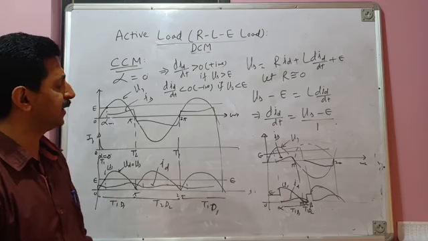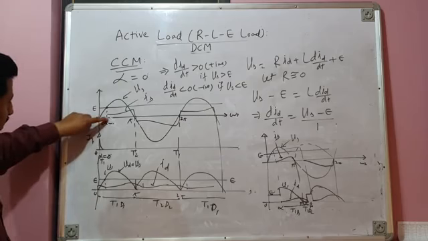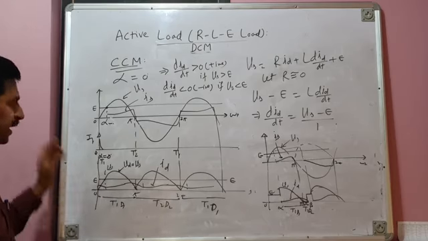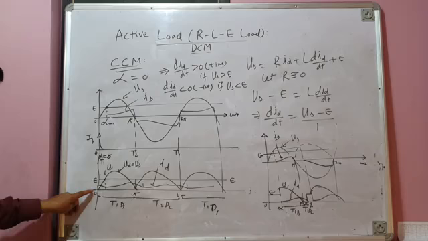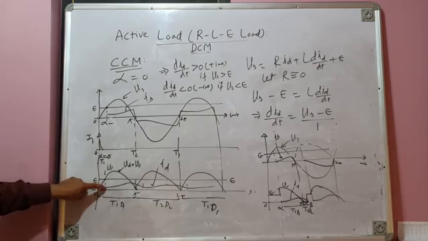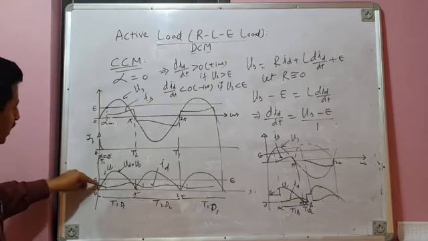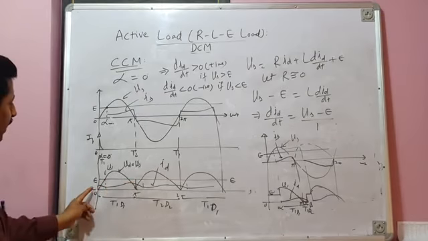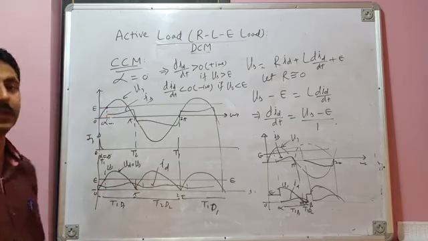And another thing is that if your alpha is less than alpha min, for example in this case alpha is 0 degree, which is less than alpha min, the notion that load current rises right at the instant of firing of T1 or right at the instant of firing of T2 is wrong. For example, in this case, although T1 is fired right at alpha equal to 0, load current does not rise. It is still falling till it reaches this. Using this logic, you can find when load current is falling and when it is rising. So the notion that load current rises right at the instant of firing of T1 or T2 for alpha less than alpha min is wrong. Okay.